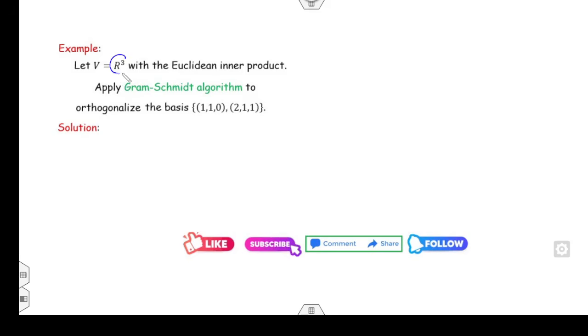What is the vector space? R3. What is the dimension of R3? It is 3. So you have three different dimensions. Out of these three dimensions, they consider the basis of 2. Two vectors are given to you, and the third you do not know what it is. Fine. So we will see